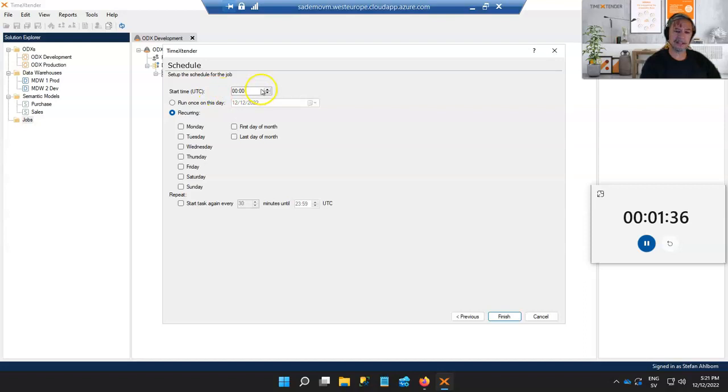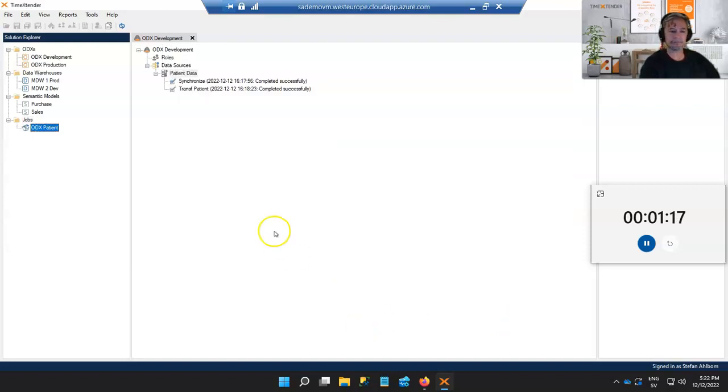And of course we need to say when we actually want this to be updated as well. So let's start off at 5 in the morning. We want to do this all days of the week. Patients keep coming in. And we want this to be updated on a regular basis. So every 5 minutes, we want to have fresh data in our data lake. And we're actually set up. We're all ready to go